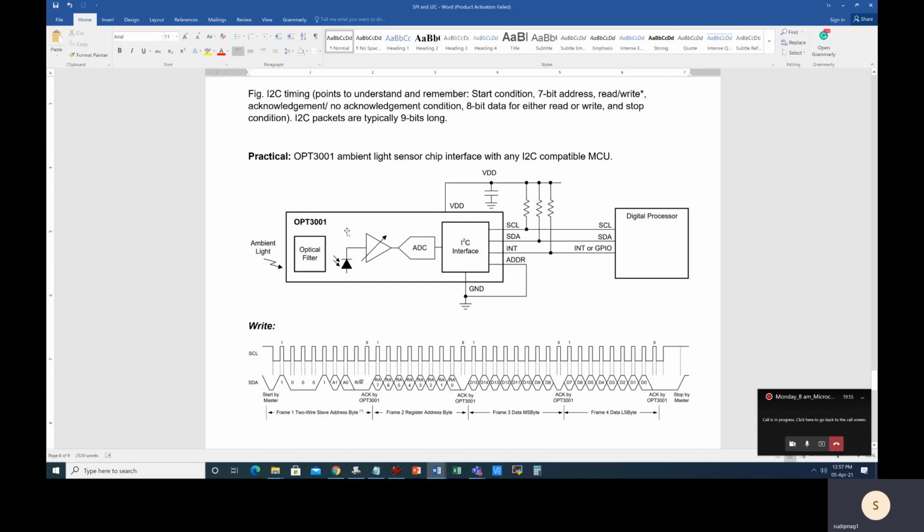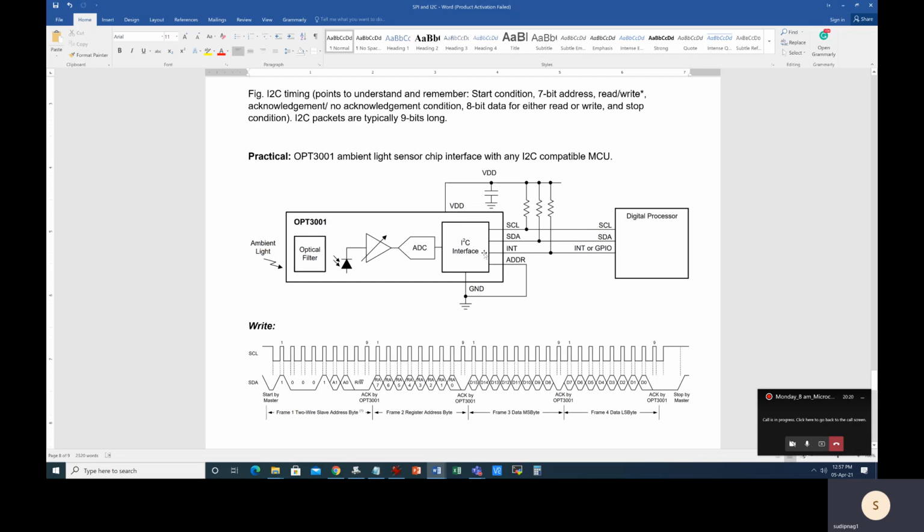Now, assuming I want to initialize this, so what speed, what gain, or some other parameters, such as the speed of communication. I want to initialize whether I want to use the interrupt or not. So there could be multiple features that can be activated or deactivated by using this write operation.